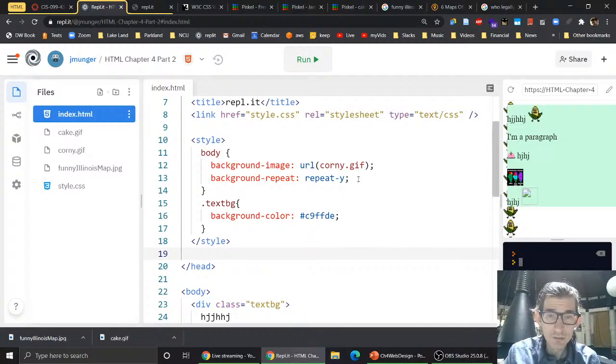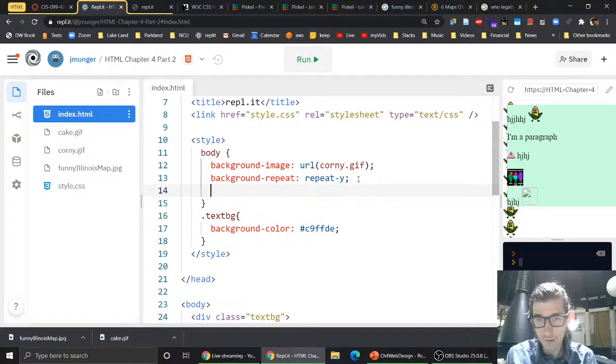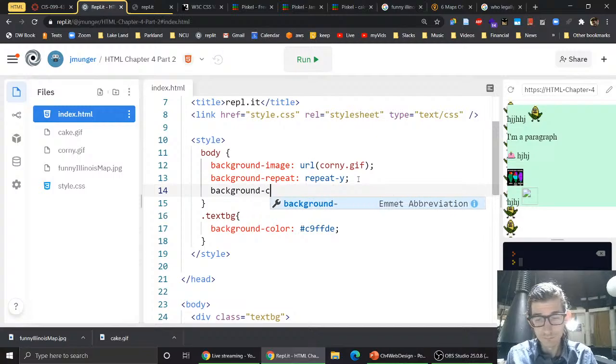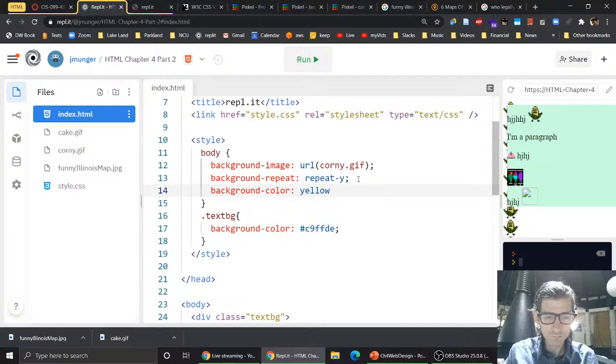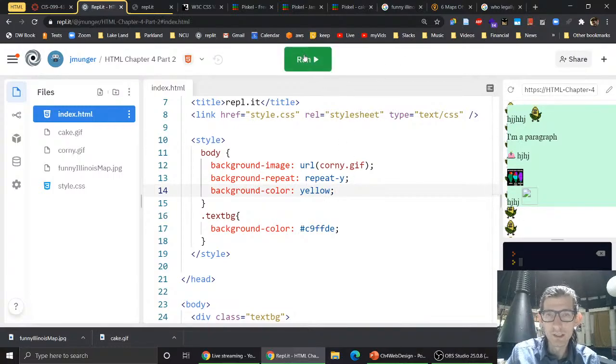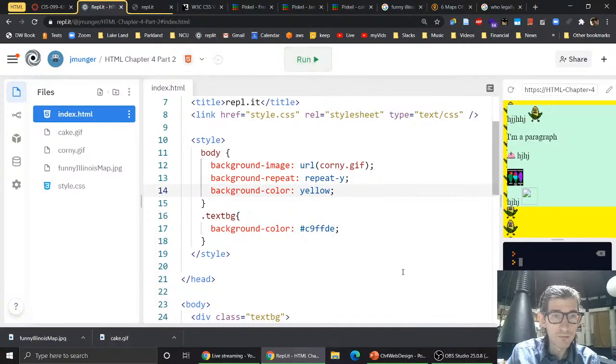And if I do something like that, I could fill the rest of the space with some color. Just go all in on the corn themed web page. So if we do that, okay, that's one way we could do it. Or